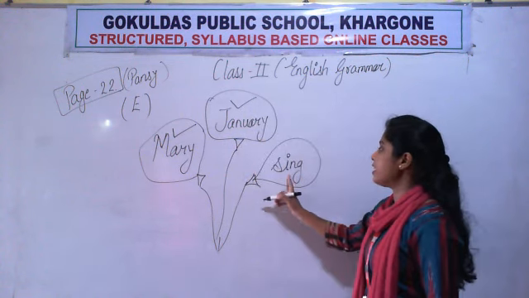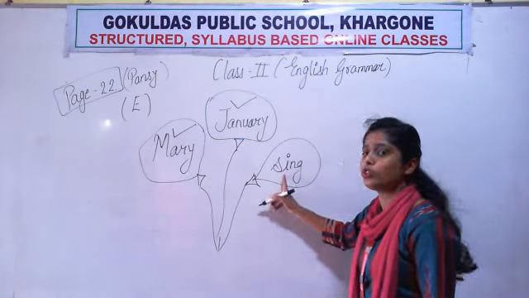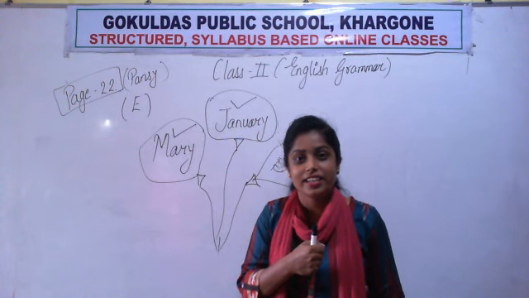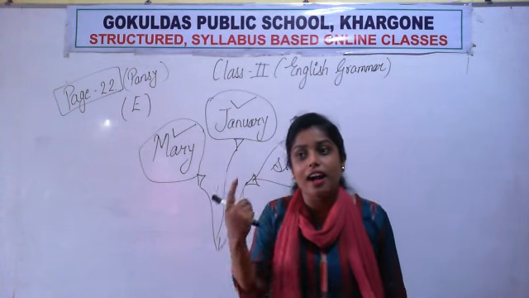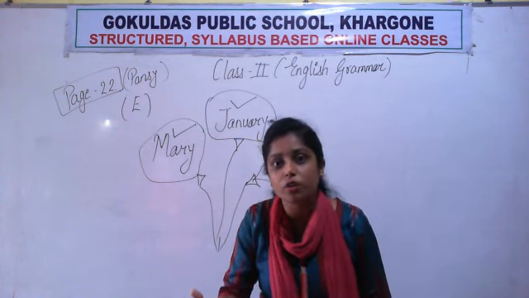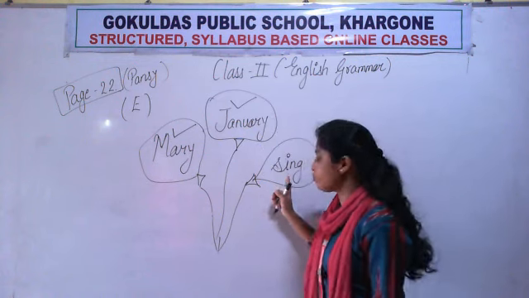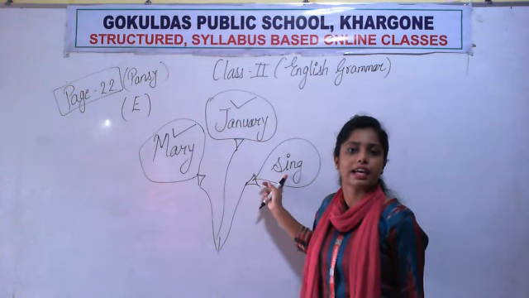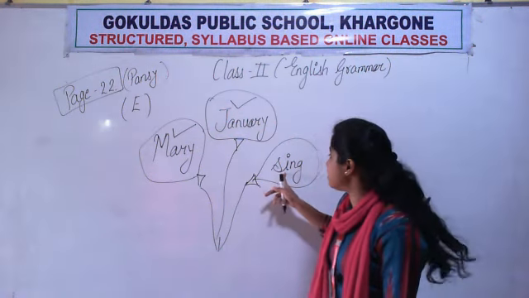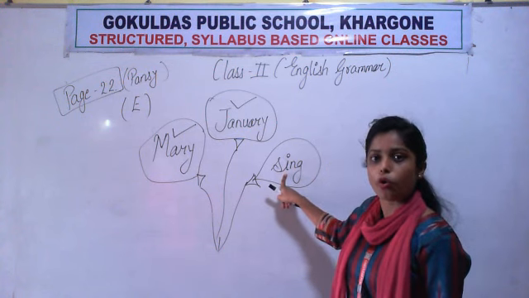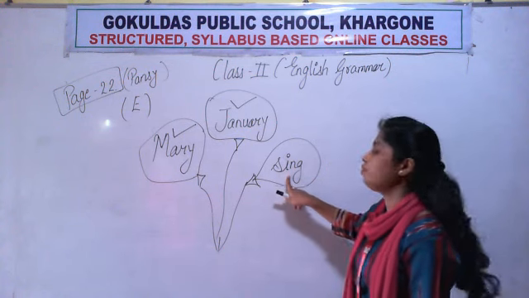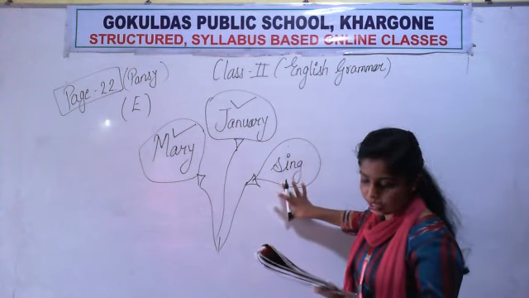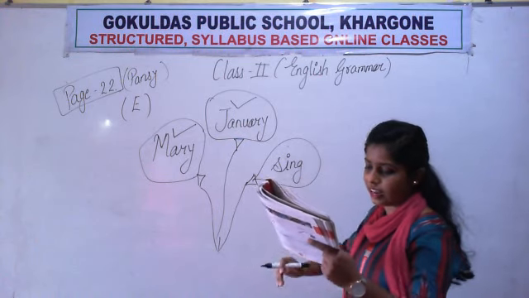Sing, S-I-N-G, sing. अभी ये वो sing नहीं है रणवीर सिंह या अरिजीत सिंह वाला sing. This is sing, गाना गाना. To sing. So गाना गाना, that means something is happening, कुछ work हो रहा है ना? It is a verb, not something's name. ये किसी का नाम नहीं है, ये एक verb है. Verb means this sing is an action verb. So we will not put a tick over here. We will just leave it as it is. इस पे कुछ नहीं करना है.